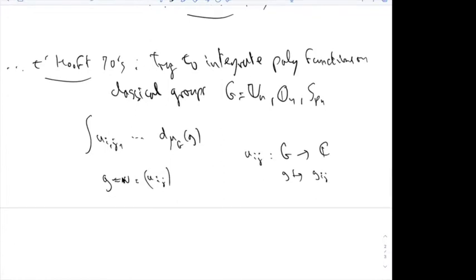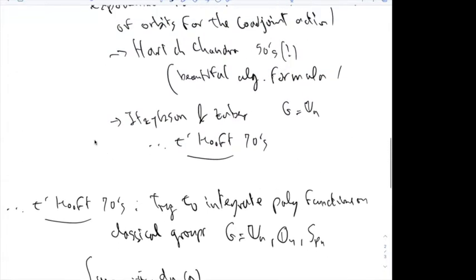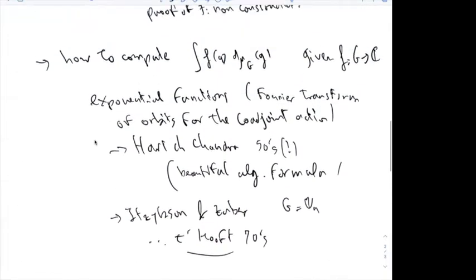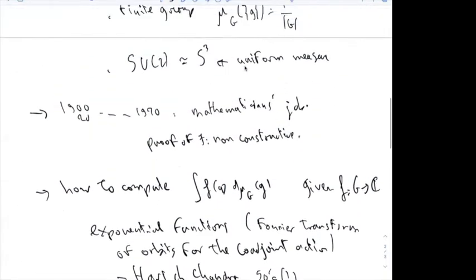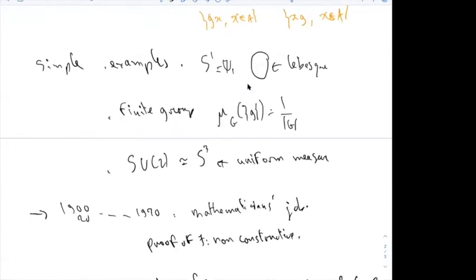So there is just one thing where I lied here. These are, of course, continuous polynomial functions, but I should also allow some other kinds of functions, which are the conjugate functions, U bar i' 1, j' 1, something like this, because sometimes I will need them. And actually, here is a very simple example where I would need them. It's in the case of S1. You see, what is U11 is just the function z.